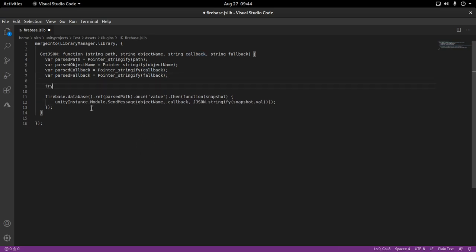Also, we can surround our code in a try-catch statement. And if there are any errors, like this error right here, we are gonna catch the error and we're gonna send it back to Unity. So we can just copy this code right here, and we're gonna do object name, but instead of callback, we're actually gonna do a fallback now, and instead of sending the data, we're actually gonna send the error message. And maybe we can say something like "there was an error:" and then pass the error. Alright, and this actually doesn't have to be like this. Good. And I think we are done with our